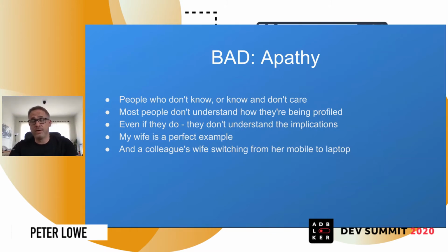Another example is an anecdote my colleague told me about his wife, who was browsing online and looking up some product. Then I think her internet went down, and she switched to her laptop, which was connected on Ethernet, and logged into Facebook and saw a whole ton of ads all about the product that she'd been looking at on her mobile on a different network. And it was scary because these things aren't connected. They shouldn't have any influence on each other, but they do. Most people just don't get it.